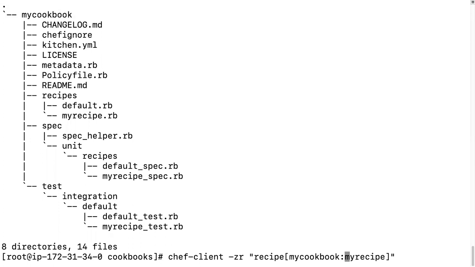Let's check. I forgot only one ratio sign here. So let's check. Enter.